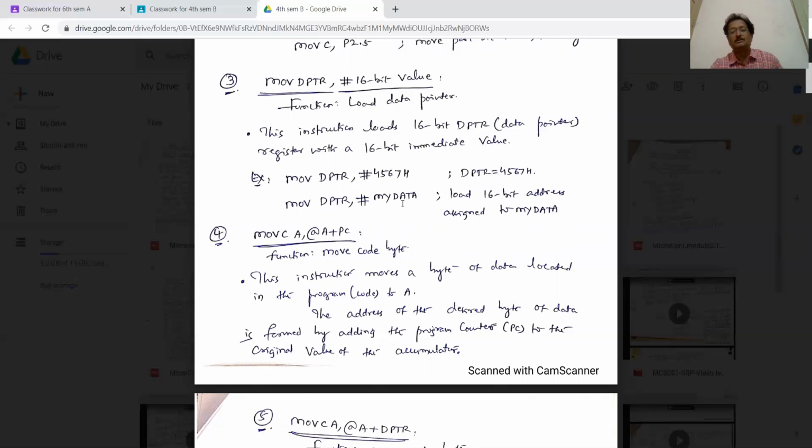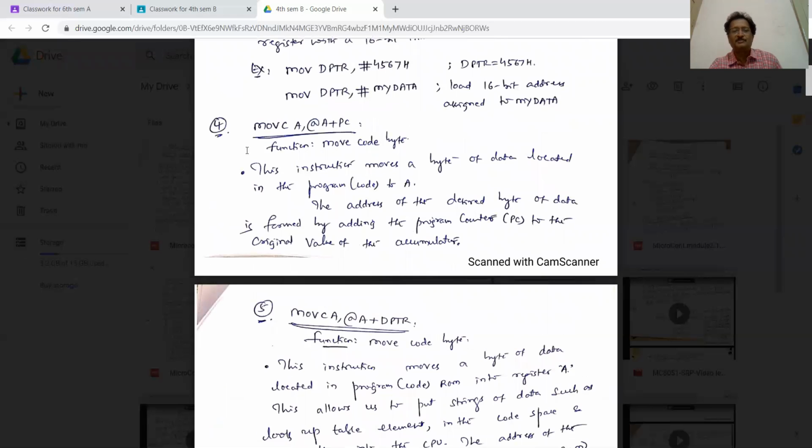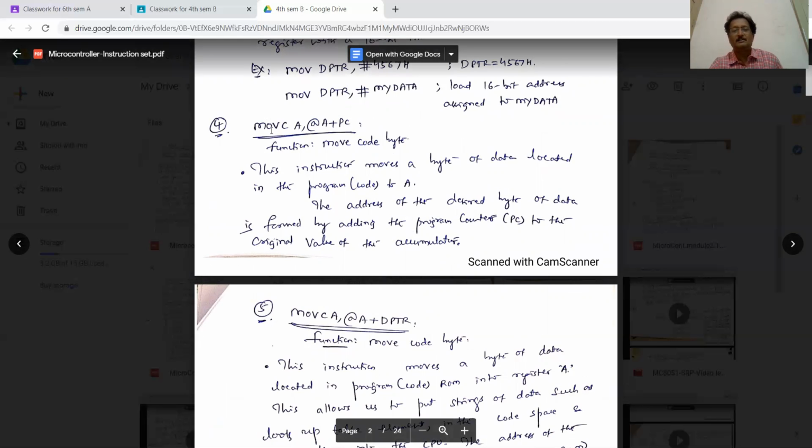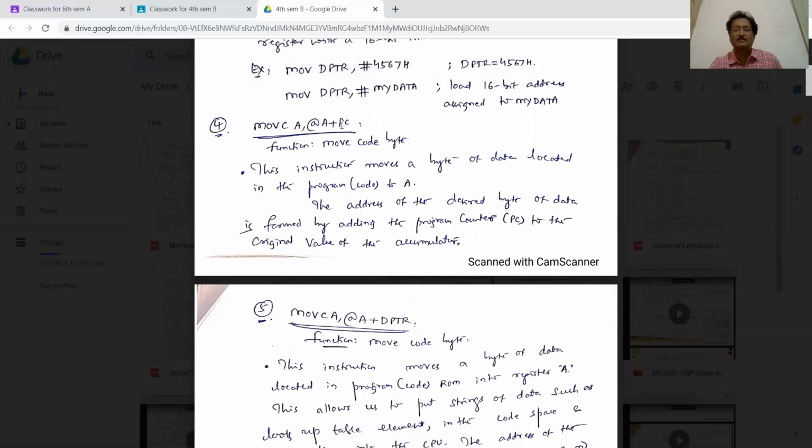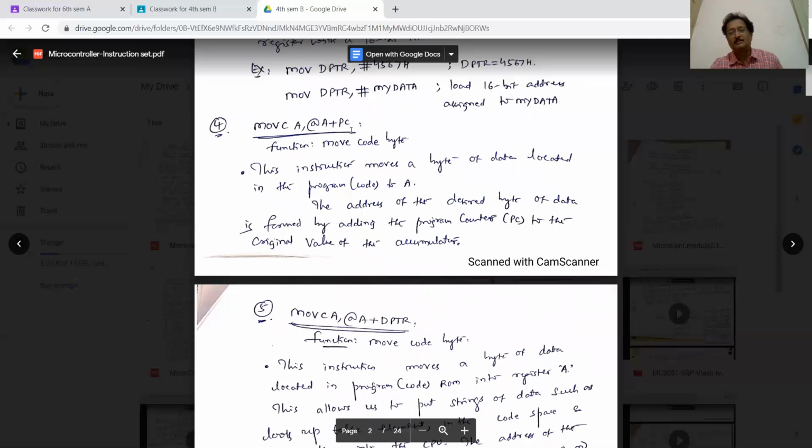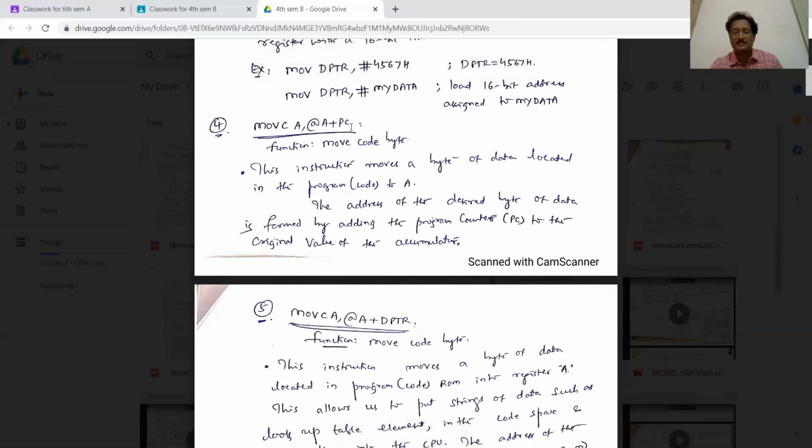In module number 2, we have written one program where we have made use of this particular instruction. Next, the fourth instruction is MOVC A, @A+PC. This instruction is mainly concentrating on the program counter register. The program counter is associated with your stack pointer, usually for the push and pop instructions. When you use push and pop instructions, this instruction will be of